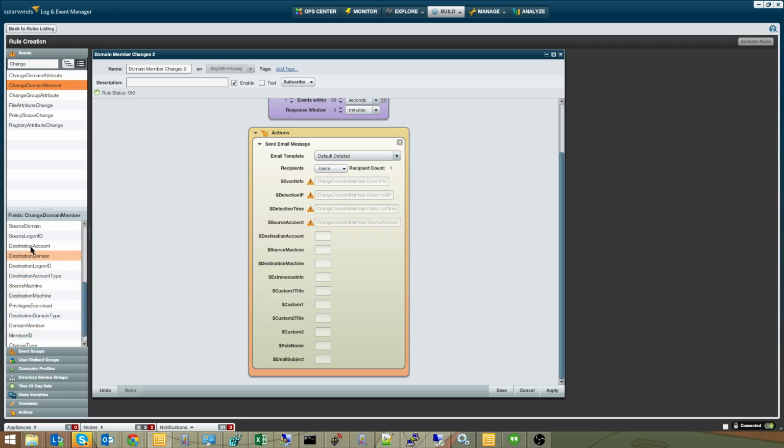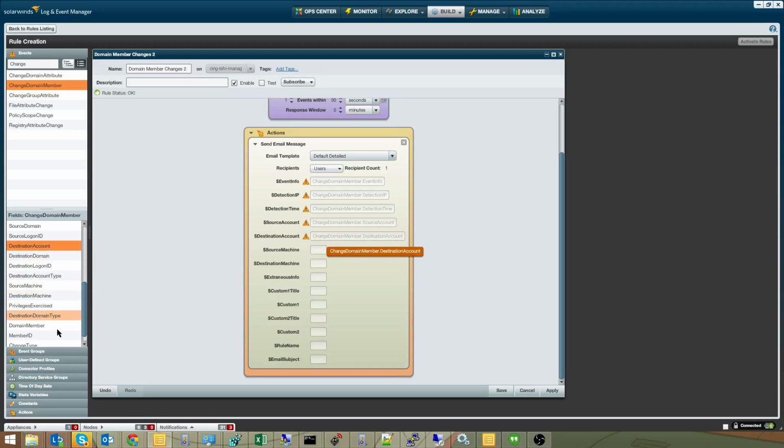So you don't have to fill everything, but you fill the ones that are relevant to you or to your particular alert. Not every alert is going to have every field. So I built this template to be kind of generic and allow flexibility so we can use the rule more than one way. There's my destination machine. Let's find